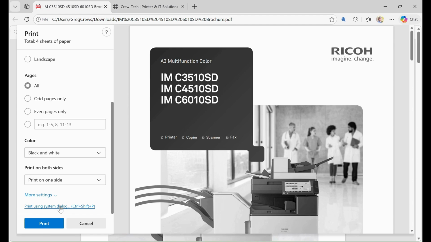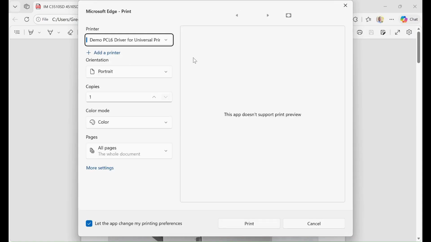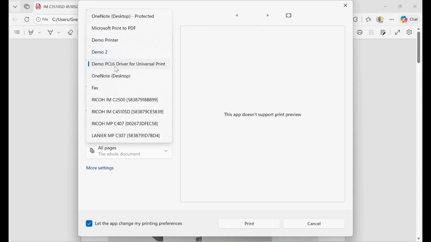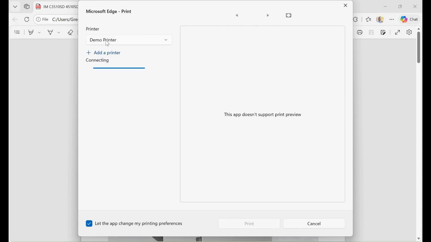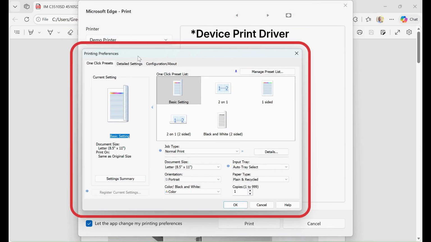So to get there, again, I'm in Microsoft Edge. I would have to click on this icon down here for print using System Dialog. When I do that, it opens up in this nice Microsoft Edge print option, in which, again, I have to choose my printer. In this instance, I'm going to be sending to the demo printer. And again, I have some options down here, but I want to get into my print driver, so I click on More Settings. Now, once I'm in the print driver, which now I am actually in the Ricoh print driver